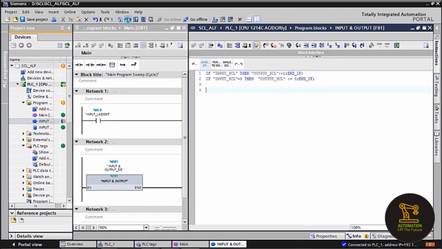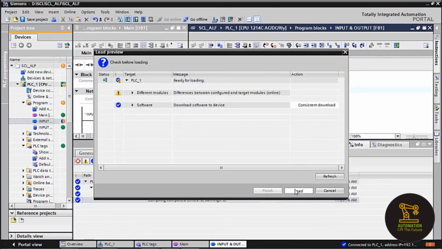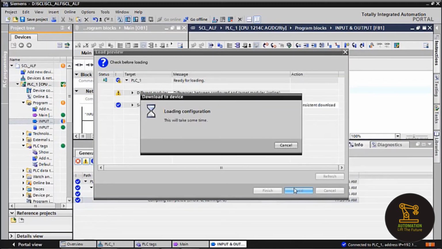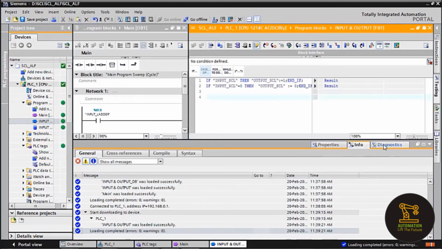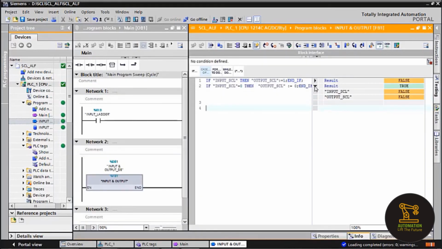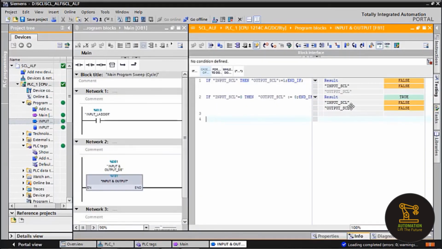Automatically it will update, and you can see the green symbols on the left side of the project window. It has been updated. Now you can see that whenever input is false, output is false. Whenever input is high, the output is also high, right?